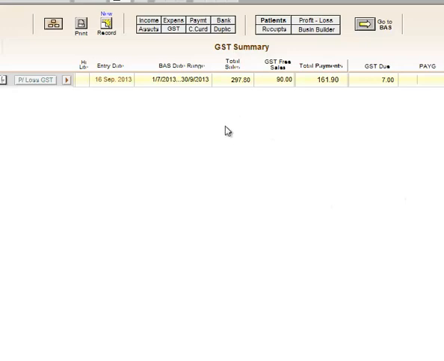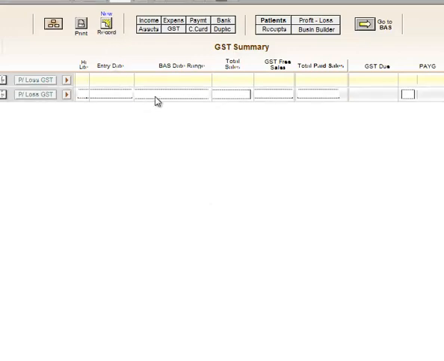If there are any in there, for the first time there'll probably be none, and so you won't see a line across there. What you need to do, of course, to begin is to click on the new record button up the top. Okay, let's get the ball rolling by clicking on the new record button. And what we'll do is we'll put in the BAS date range. In this case, let's put in 1st of the 4th 2013 to the 30th of the 6th